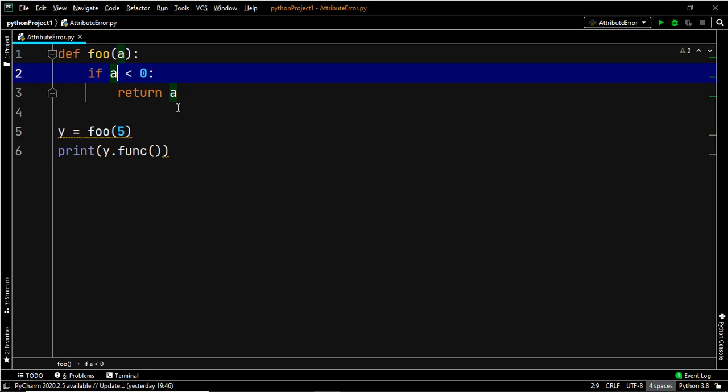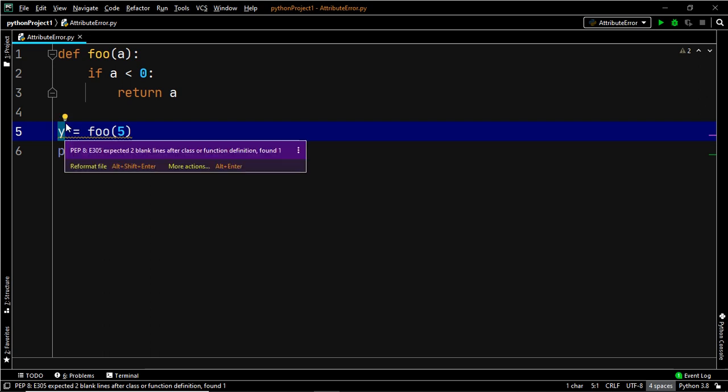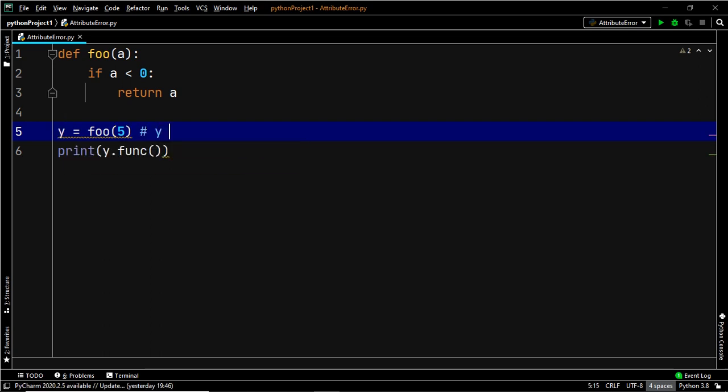So this essentially means that the function call is not returning anything, or in other words, it is returning None. And we are trying to access a non-existing attribute of the NoneType object y. Why so? Because y gets no return value. This also means y equals None in this case.